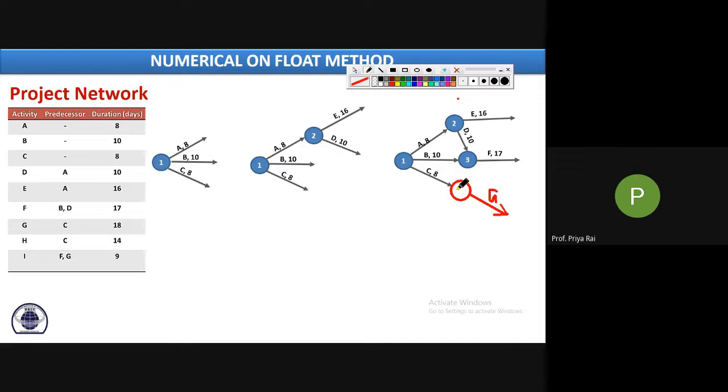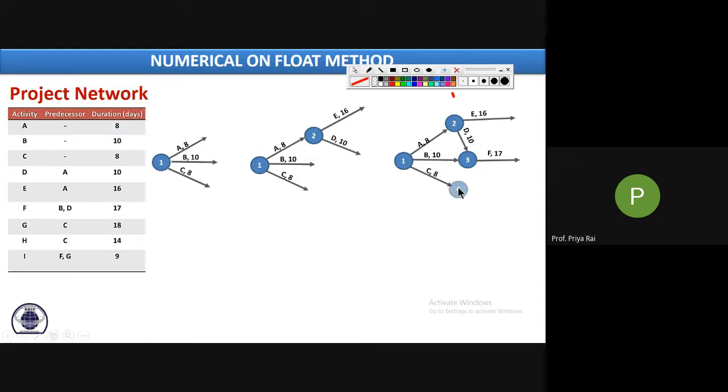And what should be the number here? See, this numbering, if you put here 3 and here 2, then that would be wrong. Why? Because for this D activity, I is 3 and J is 2, whereas for this B activity, I is 1 and J is 2. For B activity, the Fulkerson rule is satisfied, but for D activity it is not satisfied. It is invalid. So we have to put the event numbers in such a way that I will always be lesser than J. So 2 to 3 is okay.